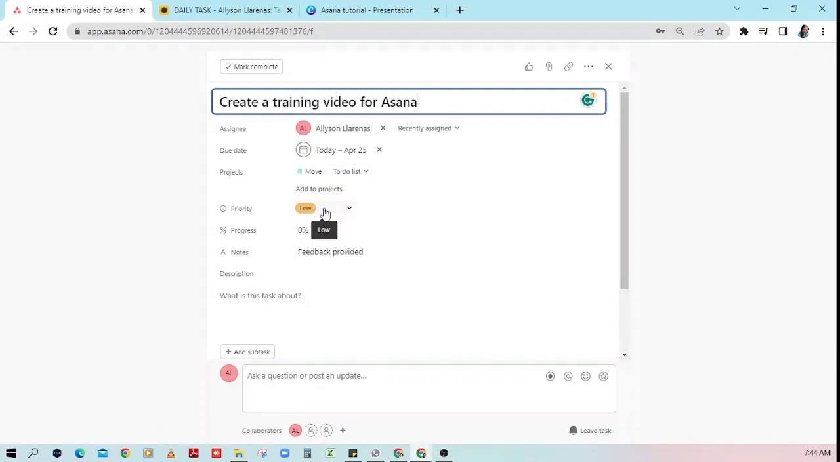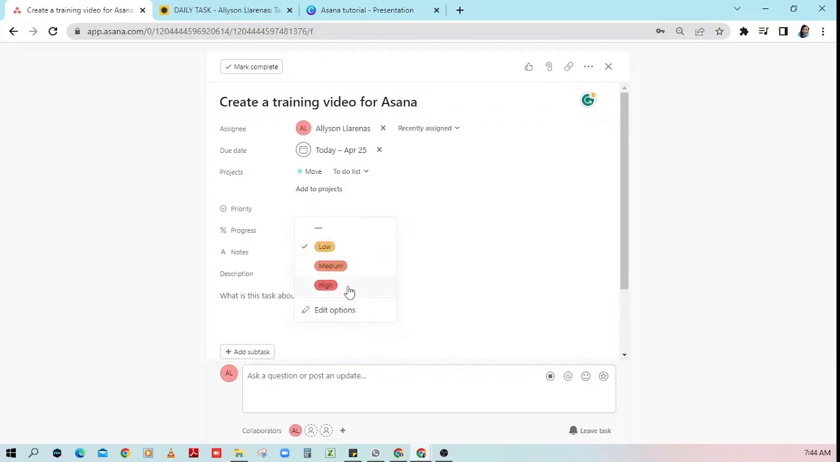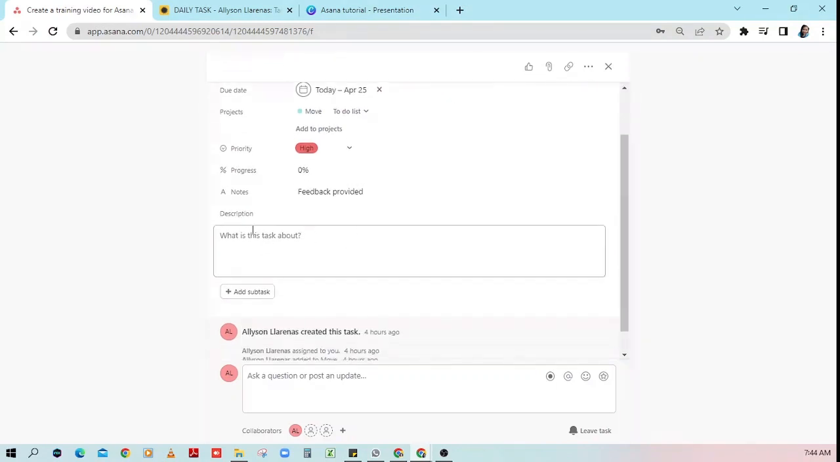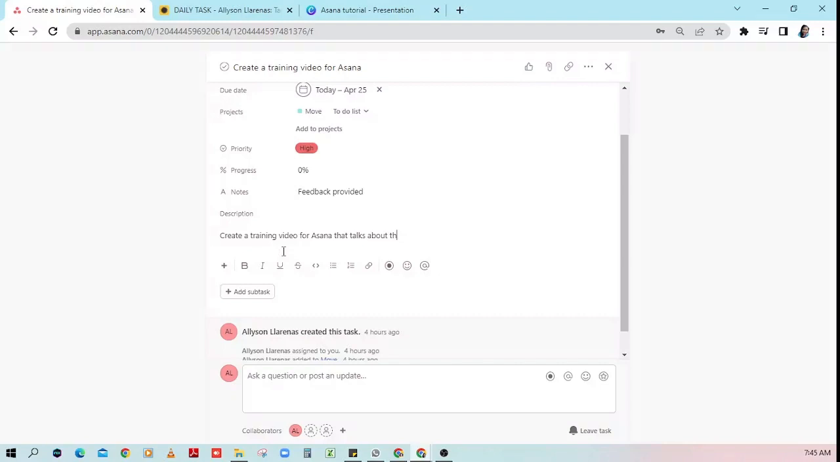And then the priority, let's say I want it high priority. There you go. Progress, 0 as of now. Notes, we have feedback, and then this description. For the description, let's say create a training video for Asana that talks about the basic things we need to know. For example,